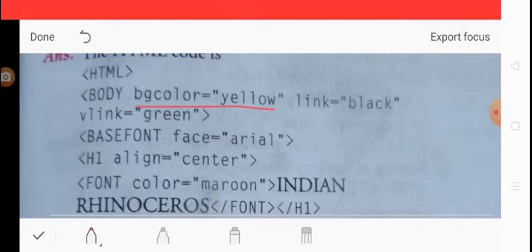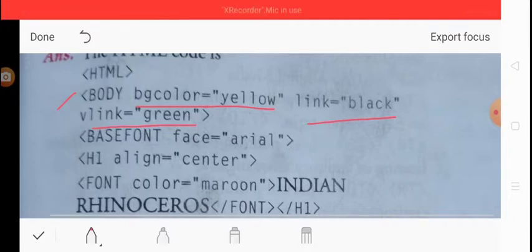Then it is also given in the question that link color is black and visited link color is green. So we write link black and vlink green. And this is a very important part: if you want to define your background color and link color, then these attributes link, vlink and bgcolor are defined with the body tag.